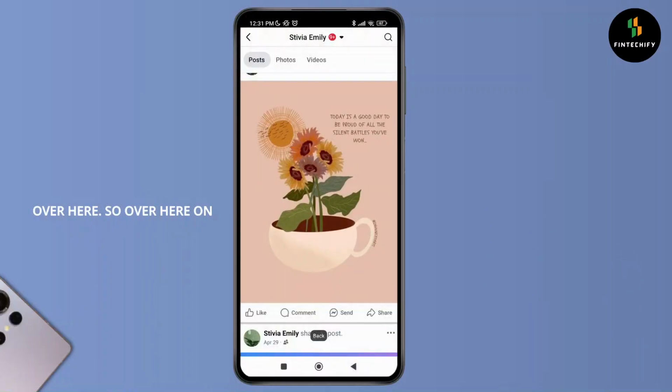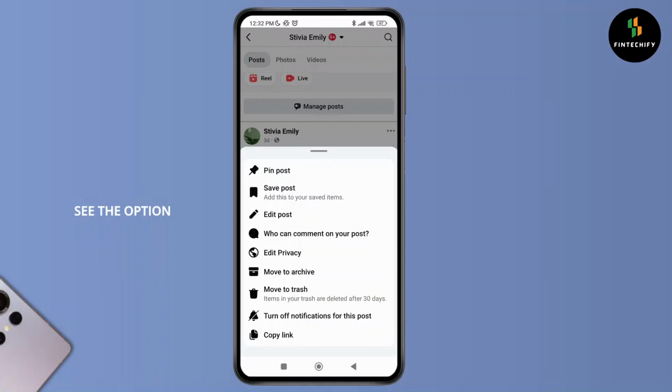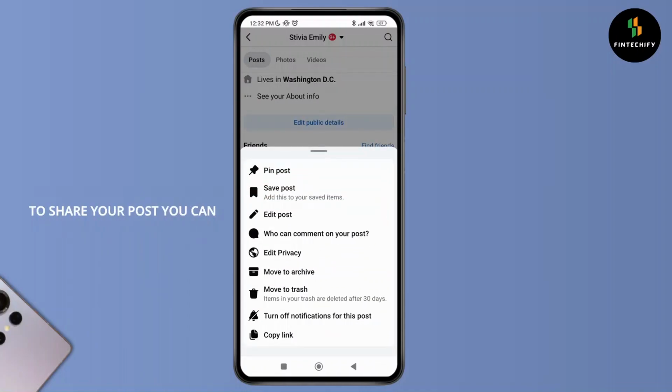So over here on your post, you can see the three dotted lines at the top. So tap on it and here you can see the option of edit post, edit privacy and so on. So if you do not want people to share your post, you can either archive this, where you can tap